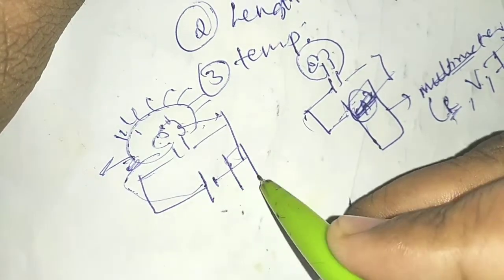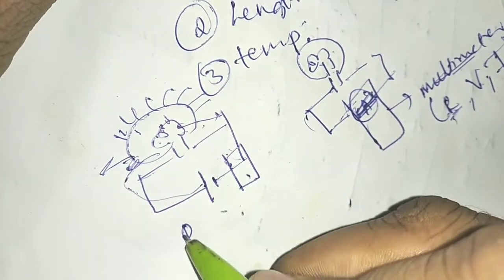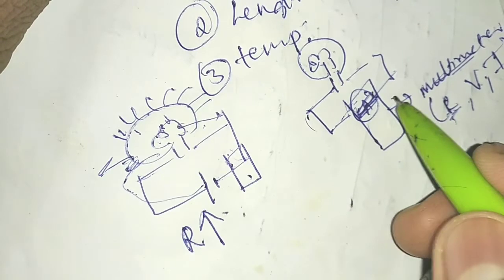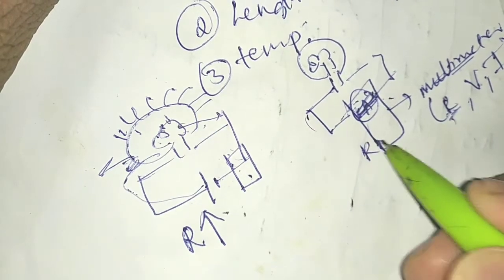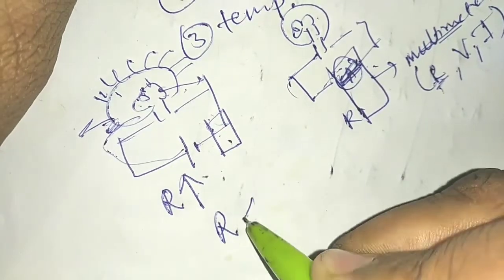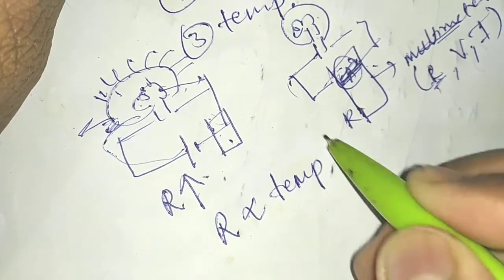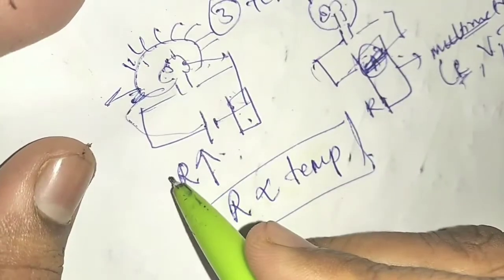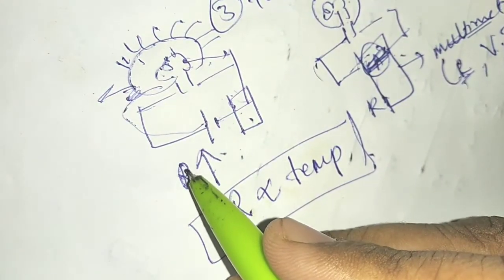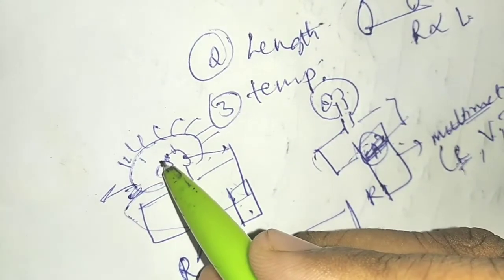Now you take a multimeter and check its resistance. You will see that the resistance has increased as compared to the open one, that means without connecting the battery. So there will be a lot of difference in the resistance values here and here. Okay, students. That means I can say resistance is directly proportional to the temperature. So more is the resistance, more is the temperature. I got this resistance here because of the more heat in the material.